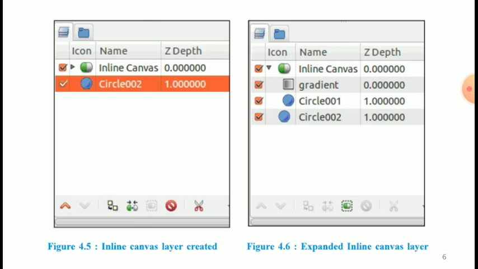Next slide. Select the gradient layer and the circle layer. Press and hold the control key to select two layers on which we want to apply the gradient, and then right click and then encapsulate. This will create a new layer named inline canvas as shown in figure 4.5. You can see a small triangle near the inline canvas. Click on this and the inline canvas will